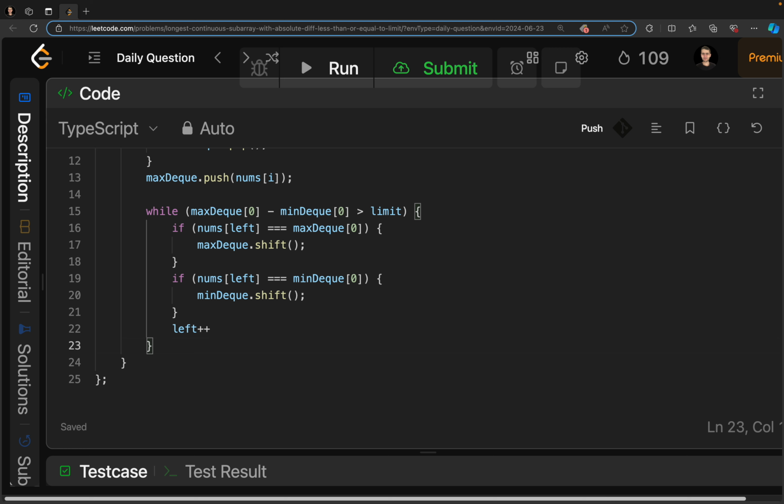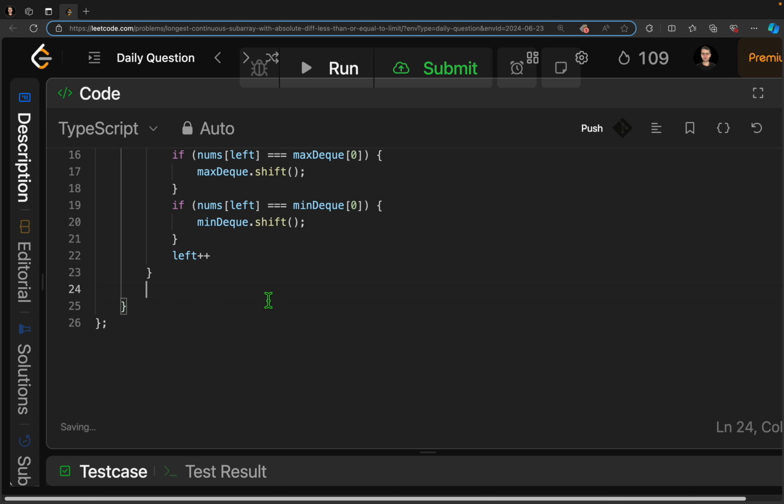Now, after the loop ends, we return max length, the length of the longest subarray with absolute difference between any two elements within the limit. For it, we will update max length with the maximum length of the subarray that satisfies the condition. Max length equal Math max, max length, i minus left plus 1,